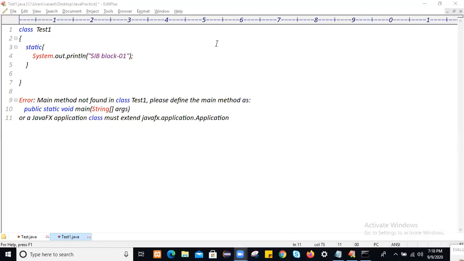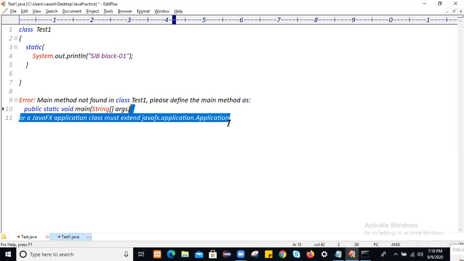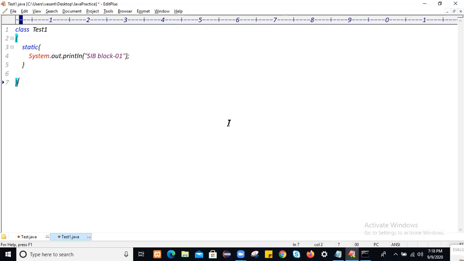One point is here, one tricky question here. Let's suppose we have another class, and that class doesn't have any main method. So without a main method, are you able to execute? You can say we are able to execute static block logic without a main method, but it is the static block of another class.